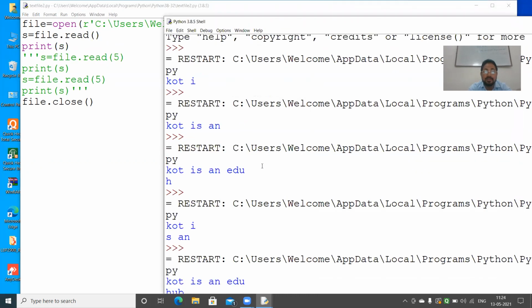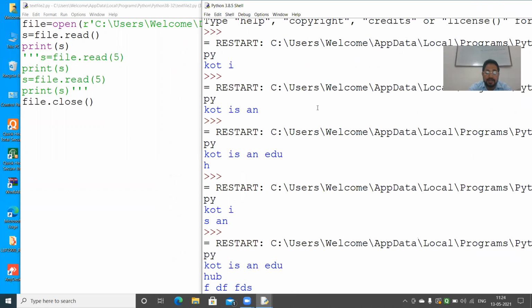Now see what happens. Quota is an edu hub and so on. Once you are reading 15 characters, what happens? 1, 2, 3, 4, 5, 6, 7, 8, 9, 10, 11, 12, 13, 14, and 15. That way it was showing till 15 here.